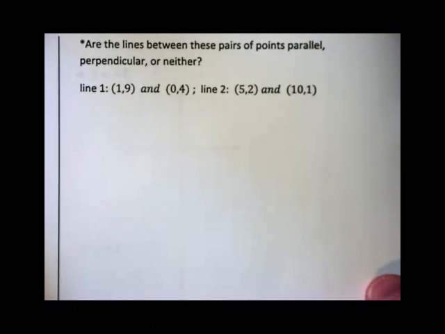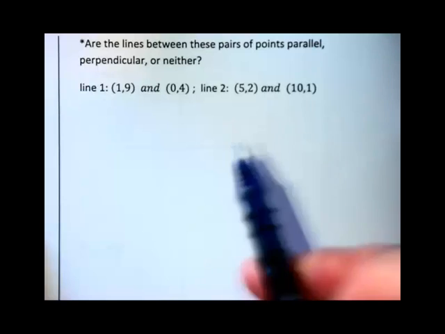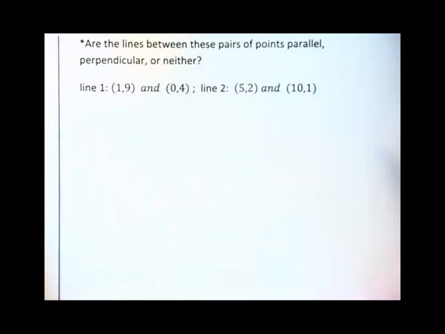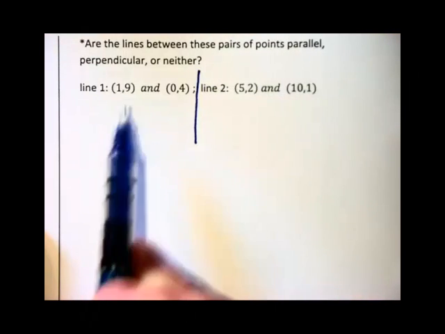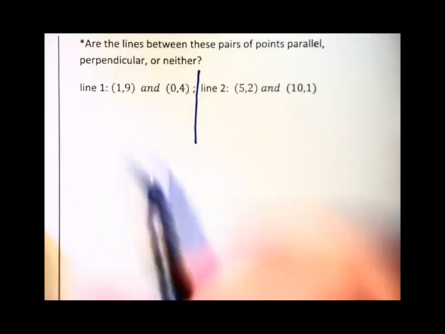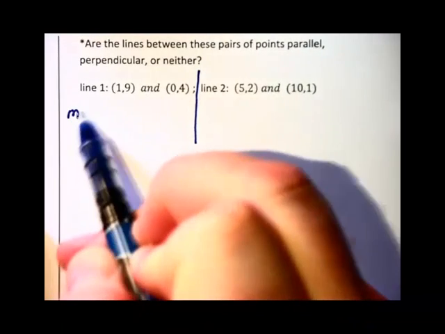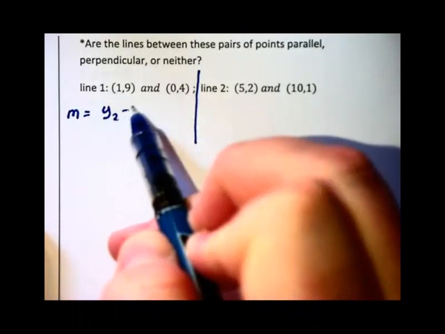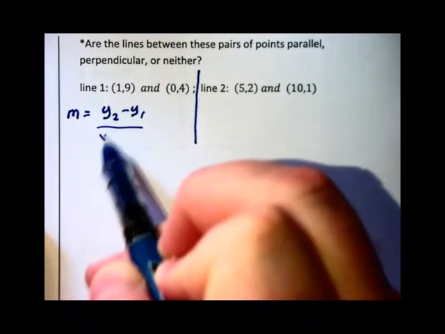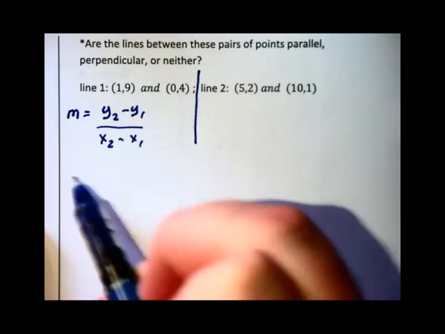The question is, are these lines, or the lines which contain these points, parallel, perpendicular, or neither? So we need to pretty much split this into two parts. Here I have 2 points with line 1, and I want to find their slope. The slope here will be the difference of the y's divided by the difference of the x's, and so m